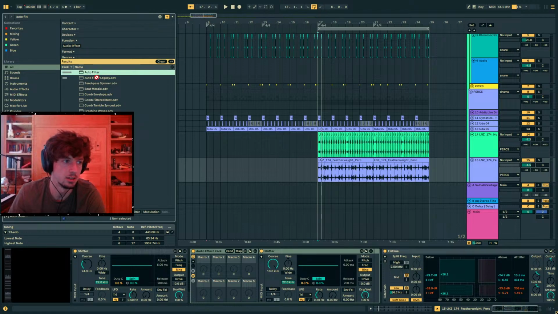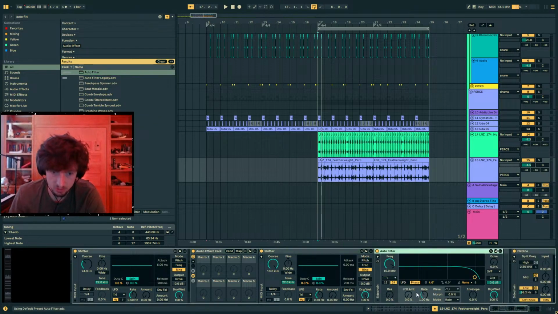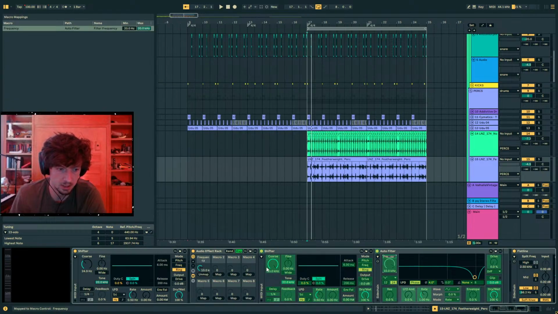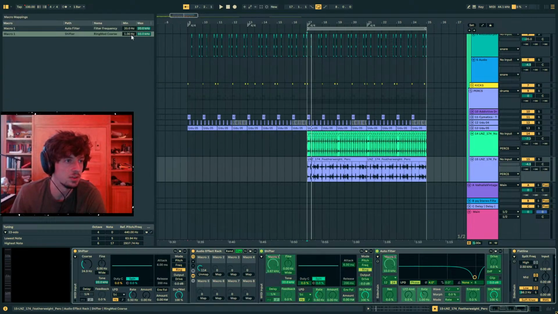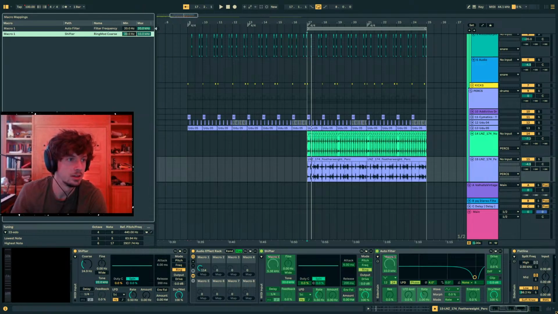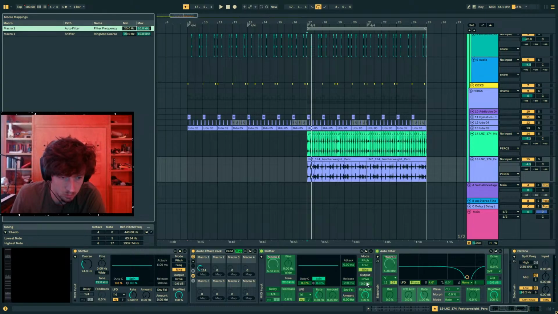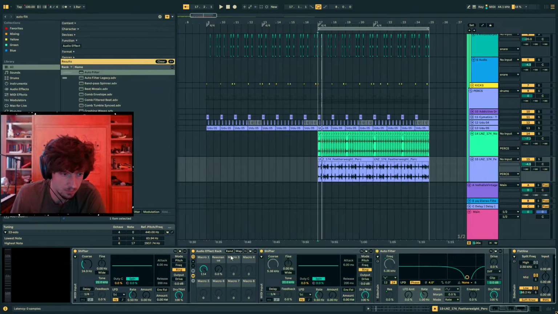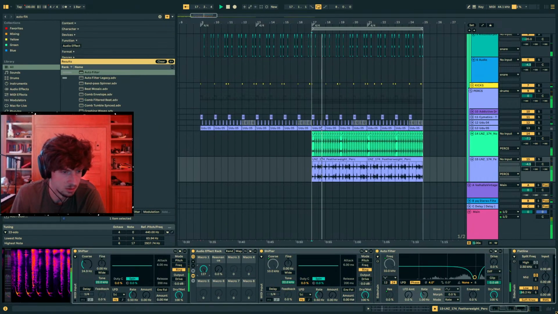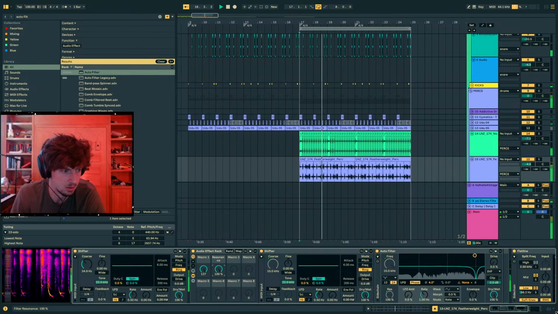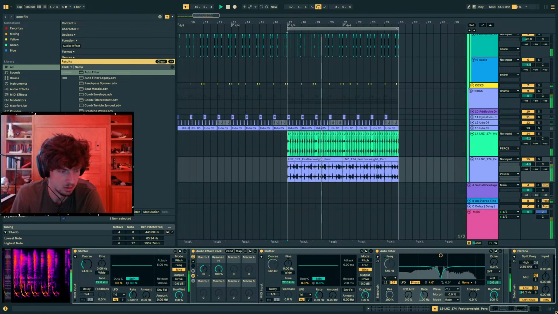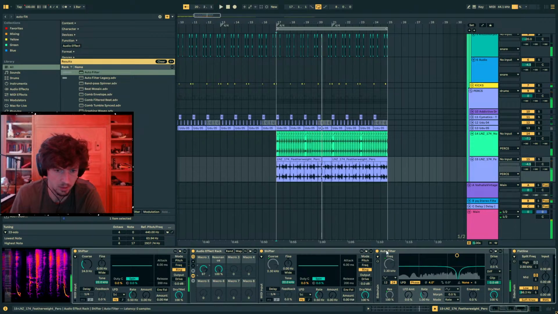Okay, you get an auto filter. Auto filter is a notch filter, and then both frequencies are mapped to the same thing. And then we'll also map resonance here. Right, because without this,